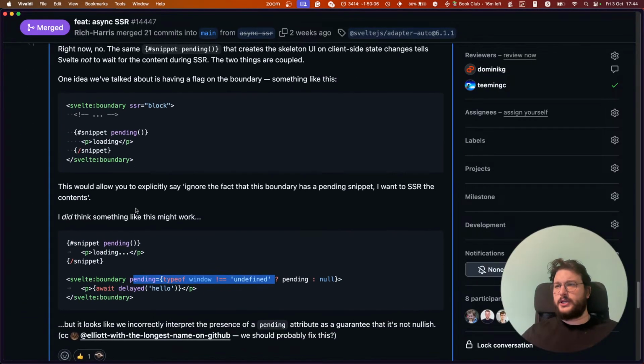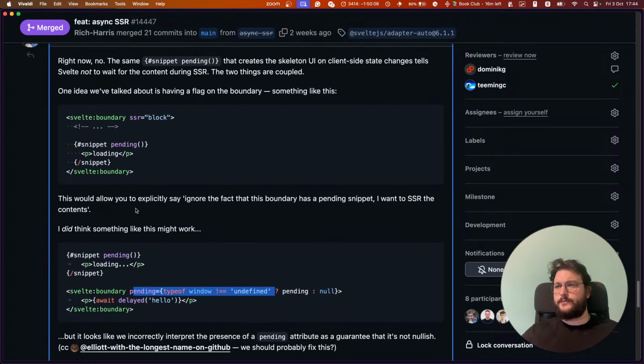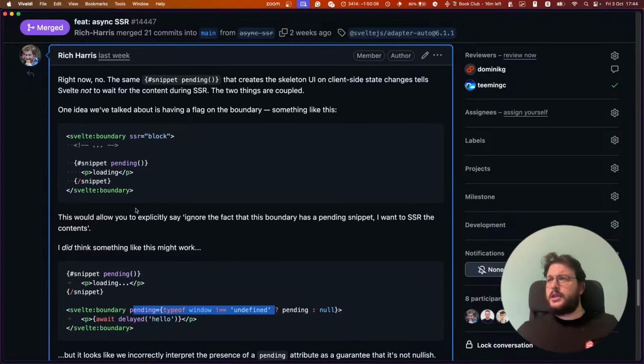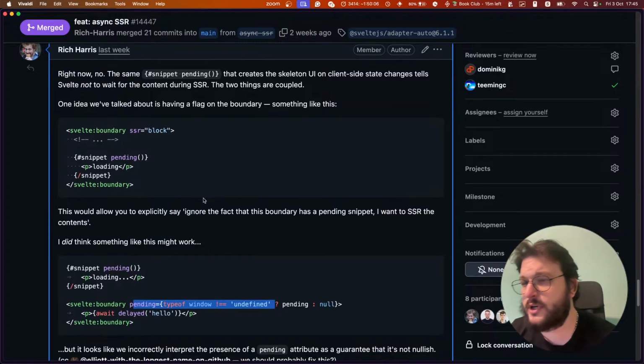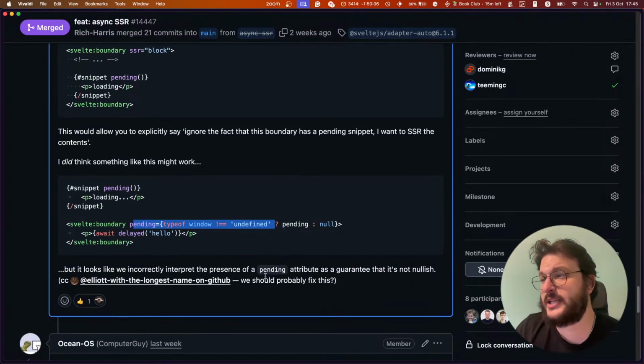okay, no, so that creates the skeleton and the client-side state change tells Svelte not to wait for the content during SSR. The two things are coupled. One idea we've talked about is having a flag on the boundary, something like this. This would allow you to explicitly say, ignore the fact that this boundary has a pending snippet, I want SSR. I did think something like this might work, but it looks like we incorrectly interpret the presence of a pending